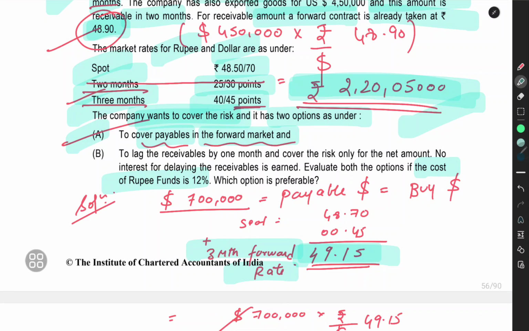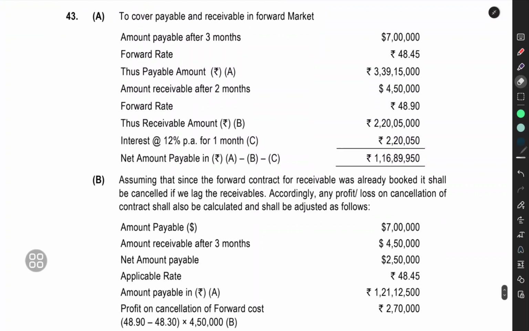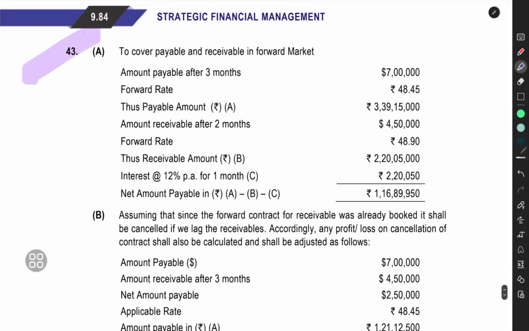This is the question. This is the solution. Okay, 43, first option A, to cover the payable and the receivable in the forward market. So receivable first we'll see. Receivable after 2 months is 4,50,000. The forward rate already decided